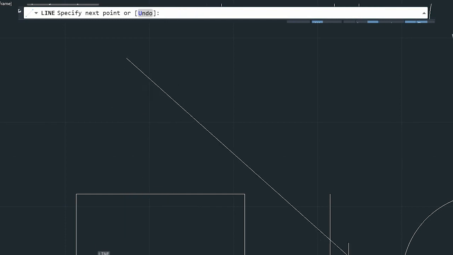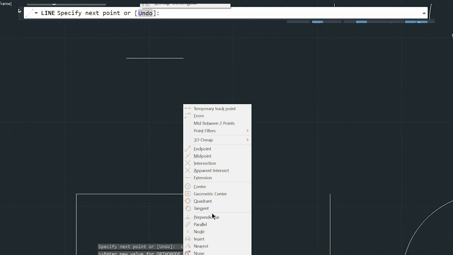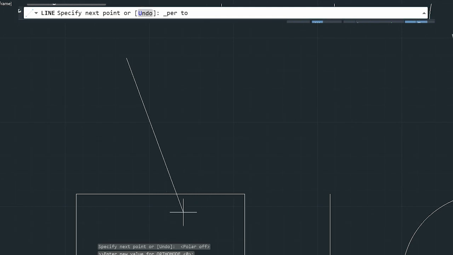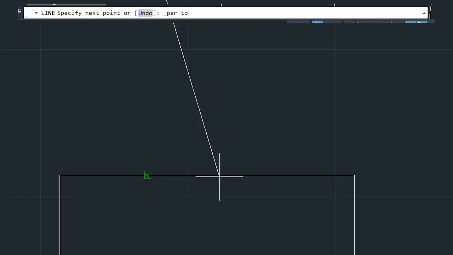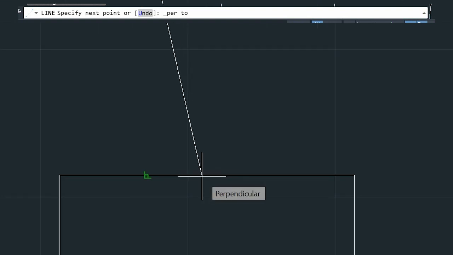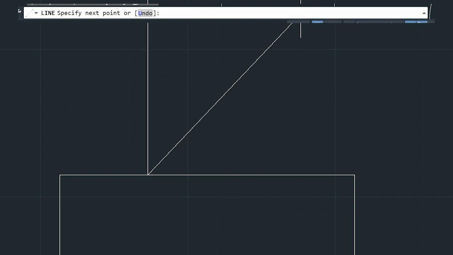Perpendicular. So what is perpendicular? Basically, look at this. I'm going to make a line, and I want the second point of this line to be perpendicular to this rectangle, assuming that I have turned off my polar tracking. So if I shift right click and use the perpendicular snap, and hover over our square here, you can see that symbol of 90 degrees, and that is your perpendicular snap. If I click that, it will immediately